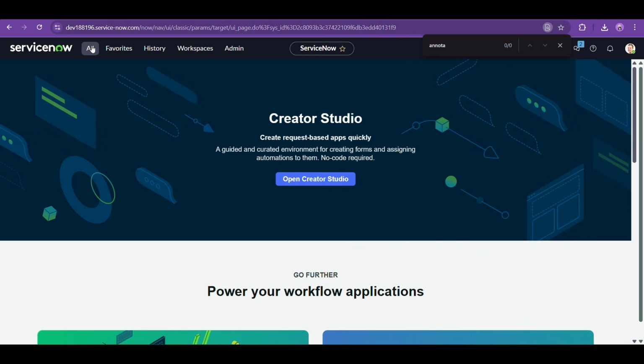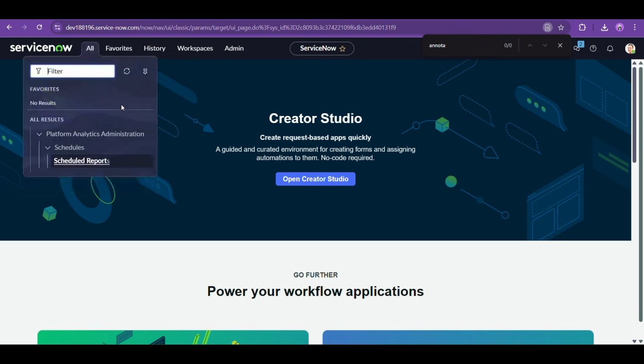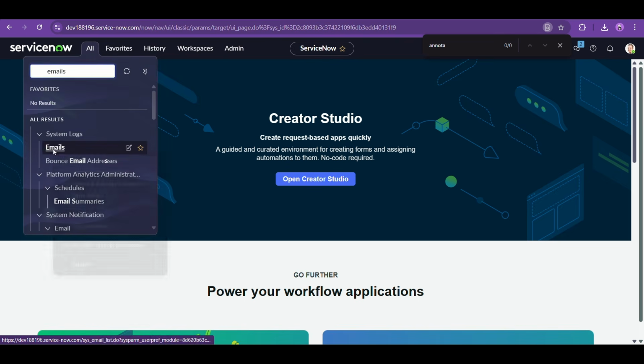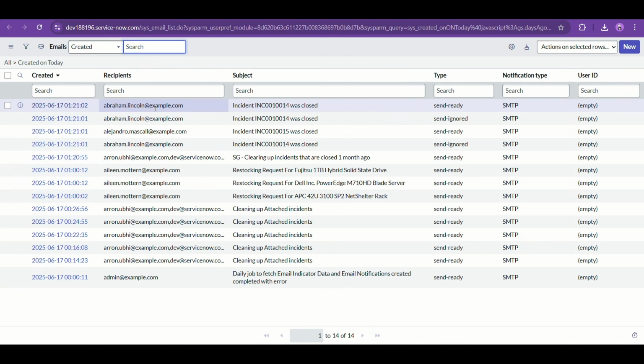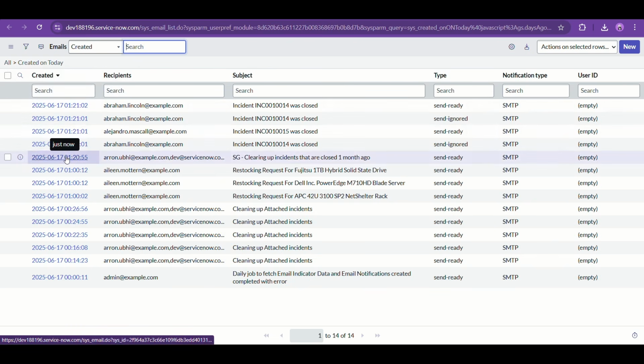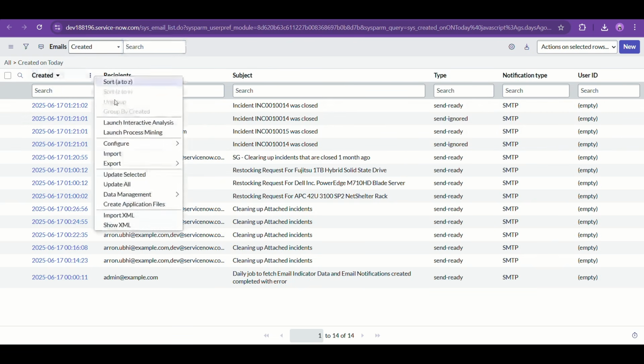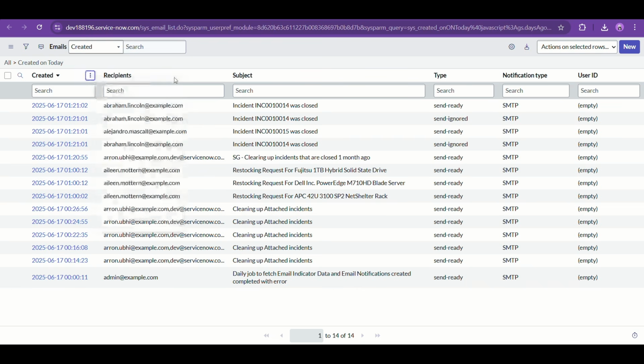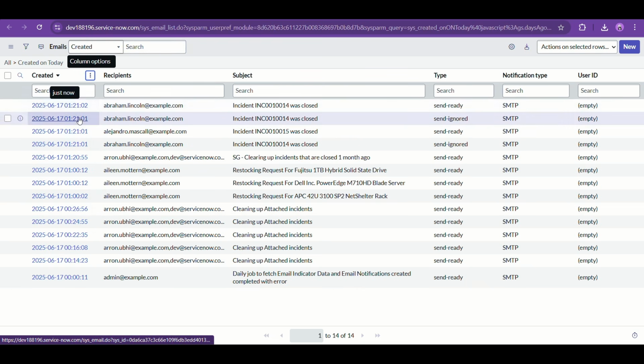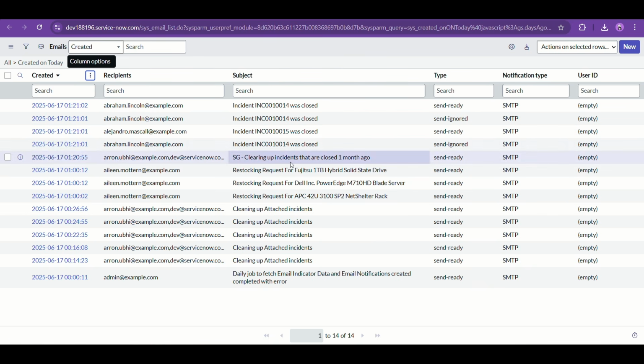Let's check the emails, whether the attachment is sent or not. To the group we added, and we added this. Let me first sort it. Okay, it's already sorted. Yeah, the subject was SG clearing up incidents that are closed 1 month ago.